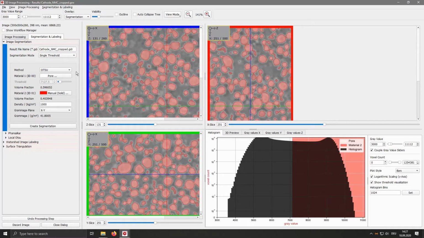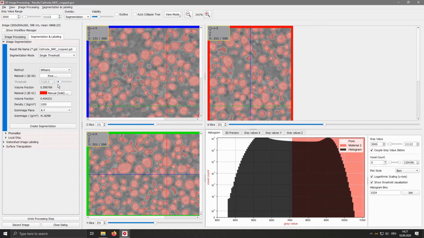For the single phase segmentation, you can select between multiple methods to define the threshold. The first method is just using a manual threshold. The second method is the Otsu threshold, where based on the histogram an ideal threshold is calculated. There's also the option to use k-means clustering to calculate this threshold.